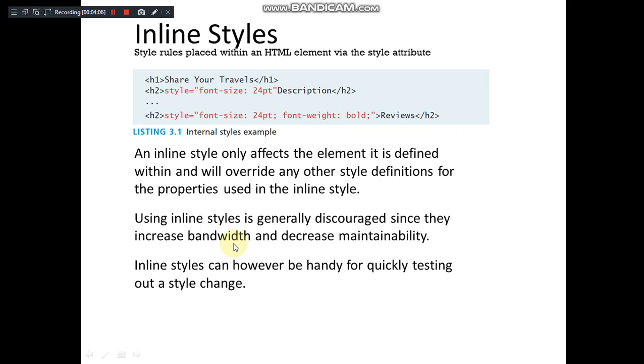We want to reduce the burden and we want to reduce the amount of code to be downloaded or uploaded, isn't it? That is one of the benefits of a style sheet which you cannot find in the inline style sheet. It is as good as making use of other attributes of HTML. So this is inline style sheet.